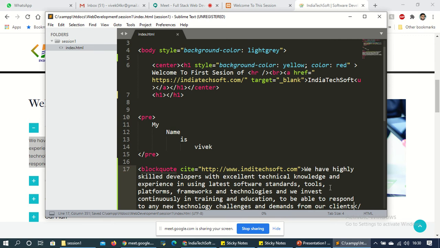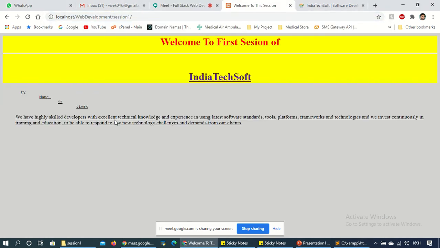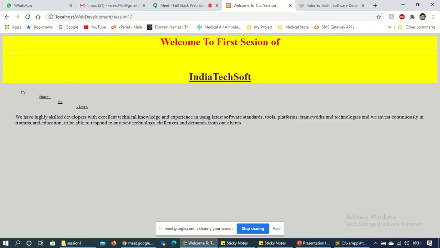So what is blockquote actually? Blockquote means if you have some contents which you have copied from another source, that is written in blockquote. Okay. So just run this. See, this is the blockquote area, copied from some other sites. Okay,